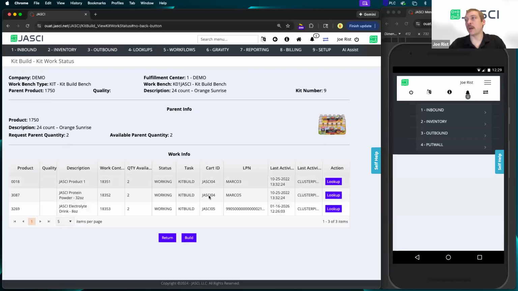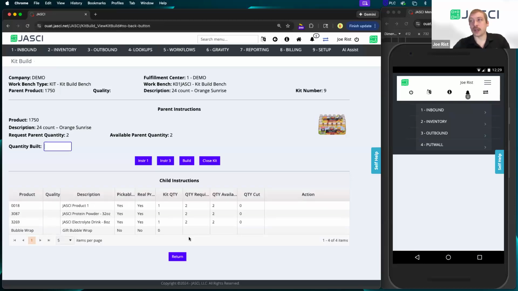It'll also tell us any other carts that were picked to that have products that we need to go grab and to be able to build our kits here. So we're trying to build two of these. You could see I actually picked a few of these other items a long time ago, actually. But we now have everything able to be put together because of this last pick that we just did a moment ago. So what we want to do is hit this build button,